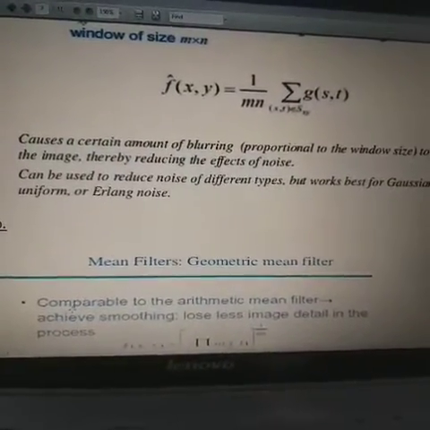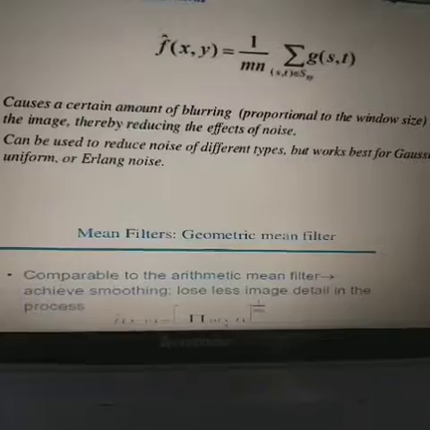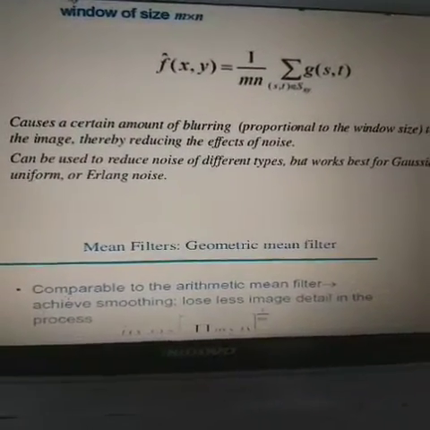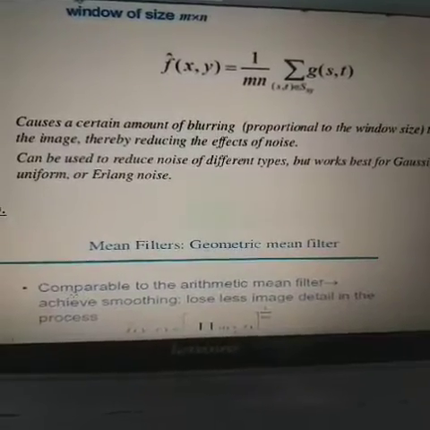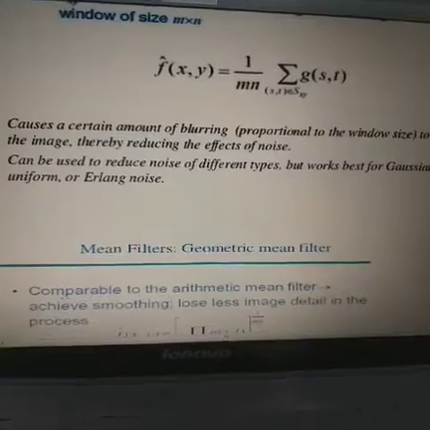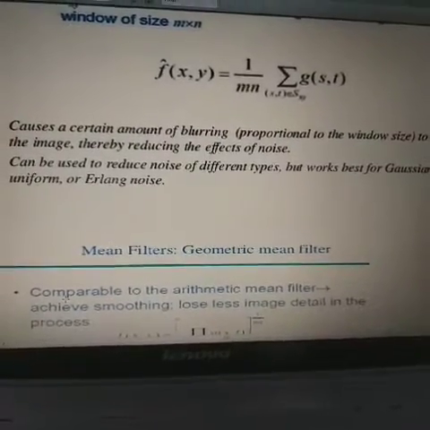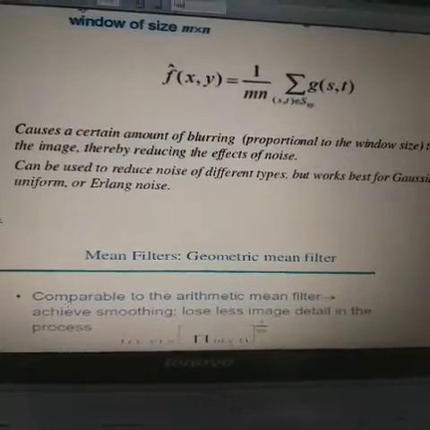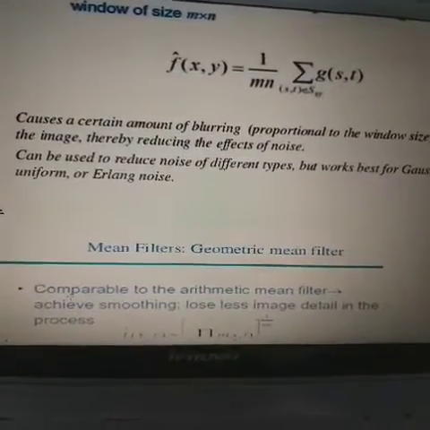So this is the arithmetic mean filter, which can be used to reduce the noise in case of the uniform noise model, Gaussian noise model and Erlang noise model.